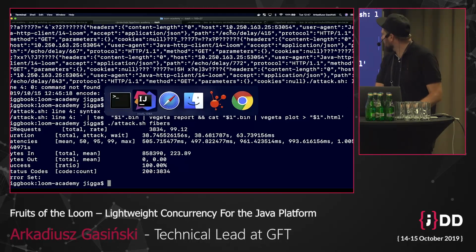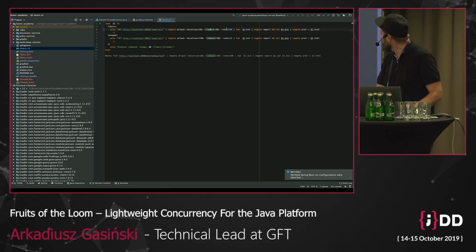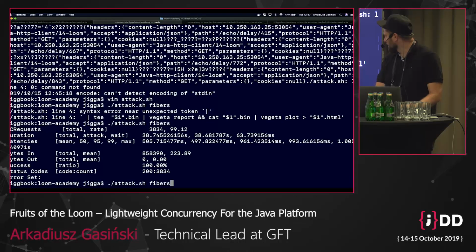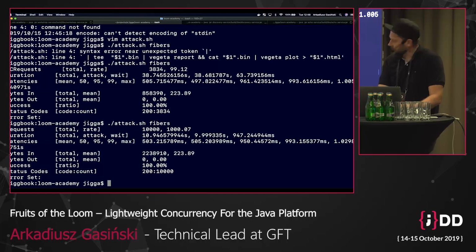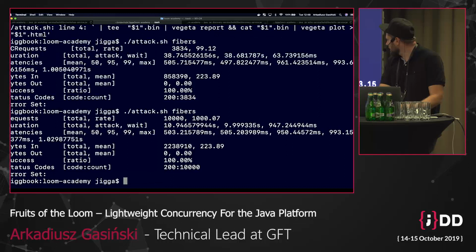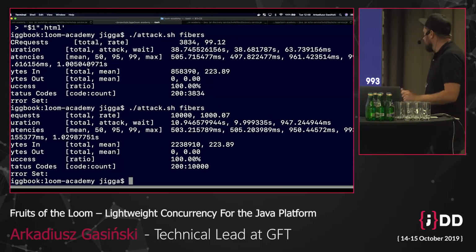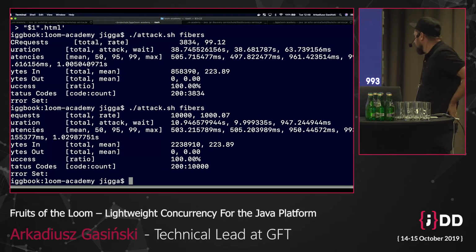So let's maybe try increasing the rate from 10 to say 1,000. Let's see how it performs with thousands of requests per second, whether there is any difference. I'm gonna maybe increase that a bit again. So yeah, we've generated 10,000 requests in total, all of them completed successfully.